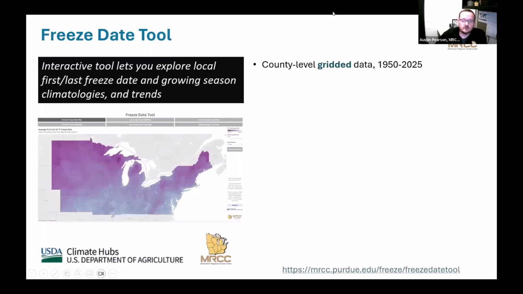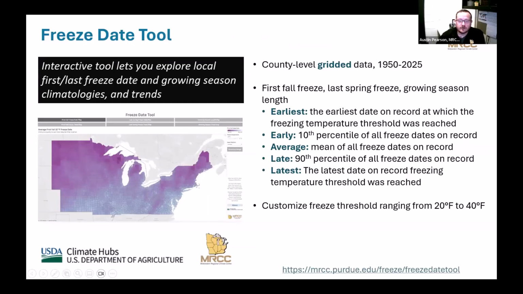So when you look at the freeze tool, one of the things that you'll notice is that we've got grids, and each county has data. One of the things that's important to note is that we are pulling gridded data for these assessments. And so we're not actually pulling station data. We are taking interpolated style data that is pushed into grids, and then we can get county values for your